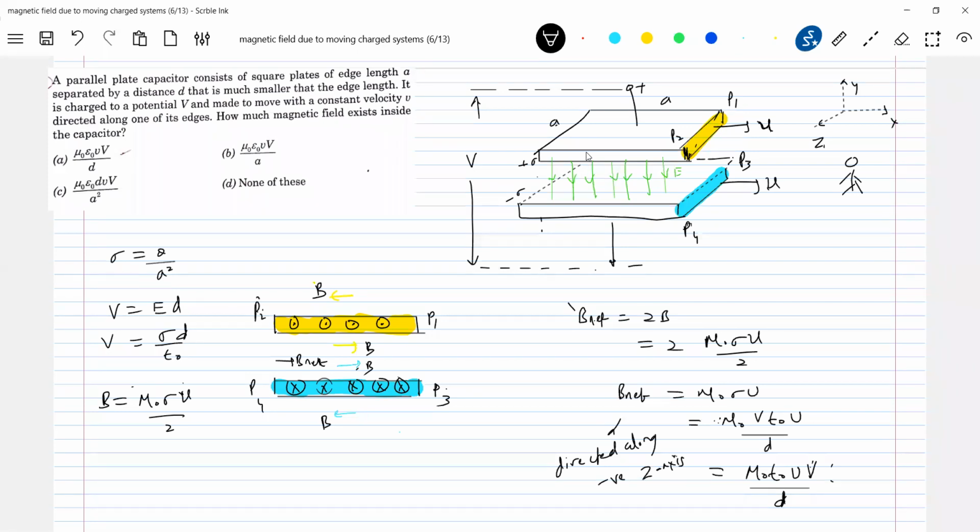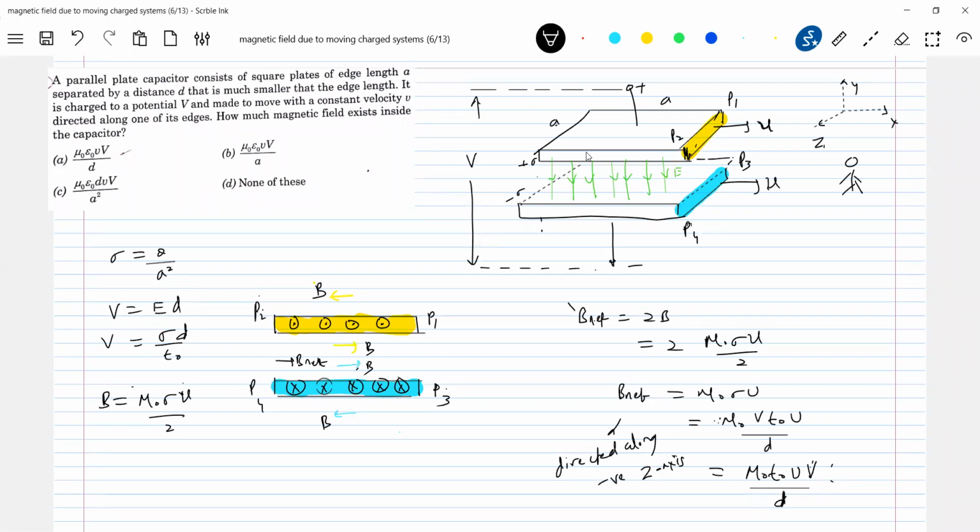For any moving capacitor, the effect of this magnetic field should also be taken. There can be some problems where the capacitor is moved. What happens again? You have to bring the magnetic field into the picture. Things are a little bit complicated; practically, it's not that easy. When you go for work done, the magnetic field energy will come, and the electrostatic field energy will come. So you have to interlink all. In exams, you have to be very careful.